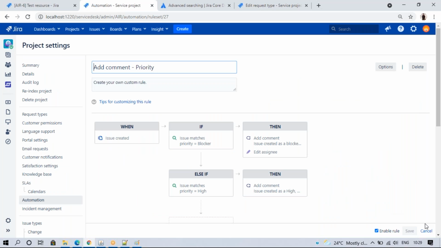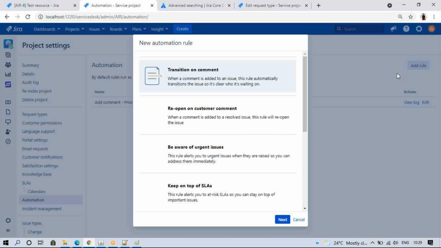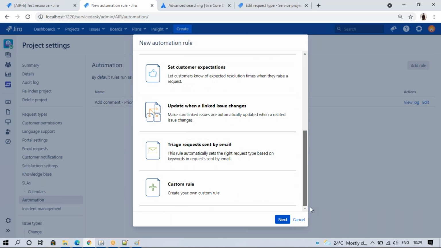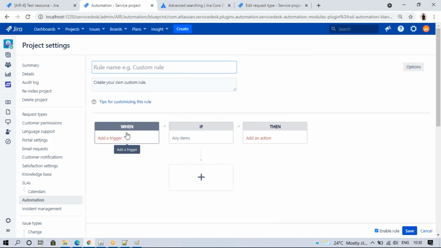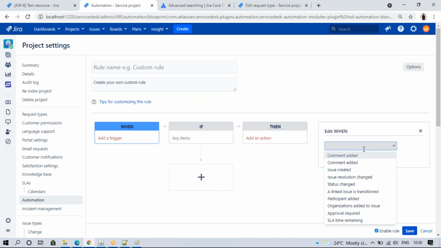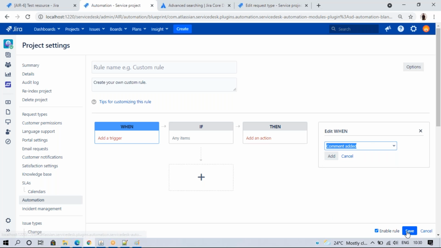These are the conditions. We can do many things like this. Not only this, I'm just giving some scenarios, like adding a comment at transition time, or the add comment tab. If you want to change the transitions, there are many things we can do. For example, triggers when a comment is added. Suppose when a comment is added.